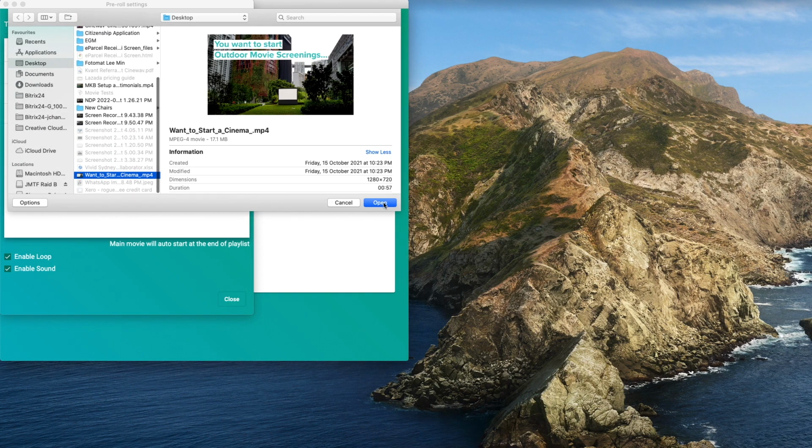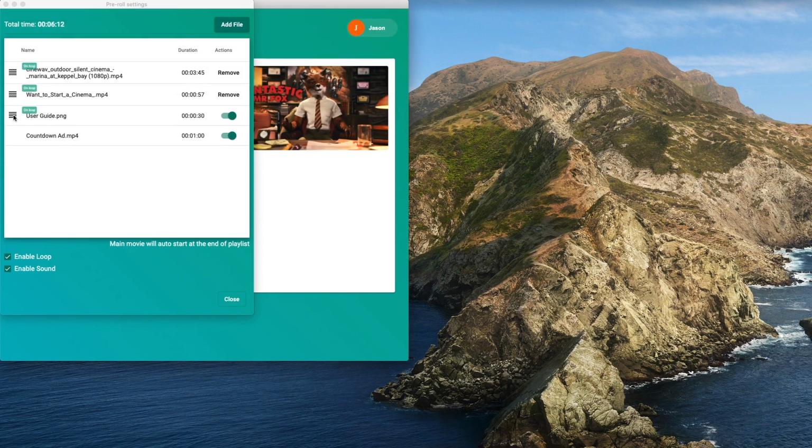Like this one. And you can move them around. You can change the order any way you like. The only thing you can't move is the countdown ad, and that's the ad that counts down to the main feature. You can enable loop, which will loop all the videos except the last countdown ad, and it'll just play